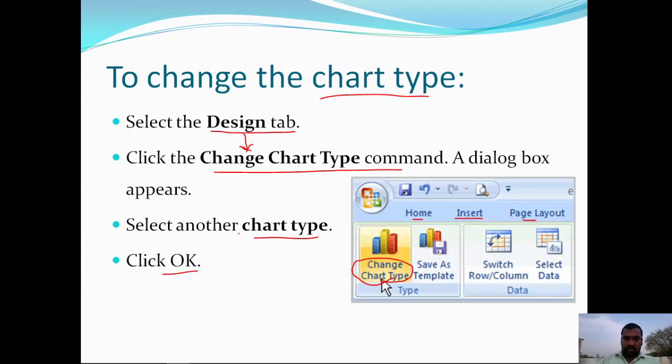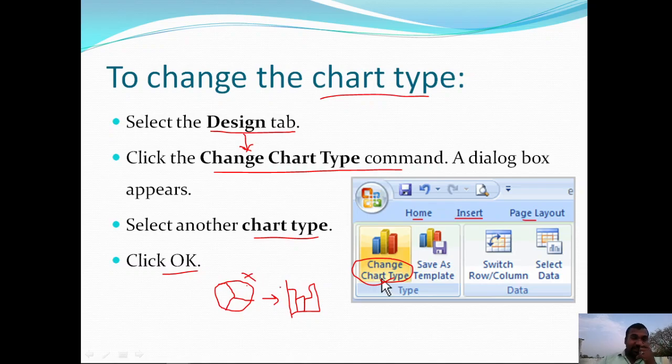So for example, if you are initially representing the data with the help of a pie chart, and now you want a column chart, then the column chart is going to replace this pie chart.